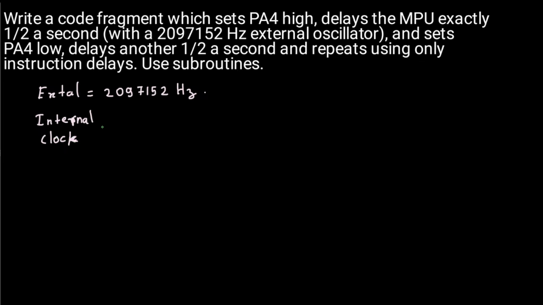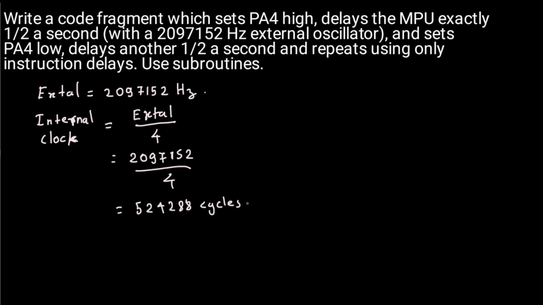Okay, that one can be calculated by dividing external by 4, because the relationship between external and the internal clock is equivalent to external divided by 4. E clock is equal to external divided by 4, and external is this value, 2,097,152. Divide this by 4, and that gives the number of cycles per second, that is 524,288